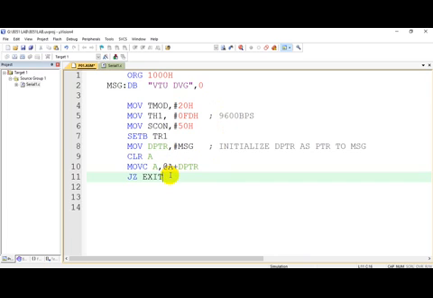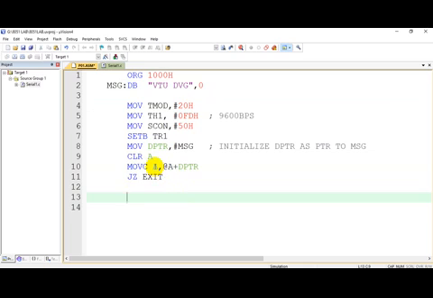Now the first condition I will check is whether I have reached the end of the string or not. Suppose I have transmitted all the characters, then the last thing which will come into the accumulator will be the numerical 0.